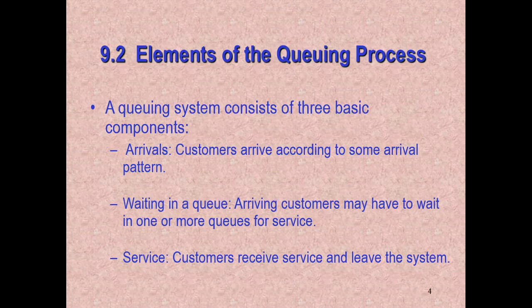There may also be priority rules. There may be 4 servers. There may be 5 servers. There may be different configurations for the lines. The queue may be operating, servicing 30 customers an hour or 40 customers an hour, but there are different characteristics to this process, this system, if you will, yes? Okay, so there's service in this.